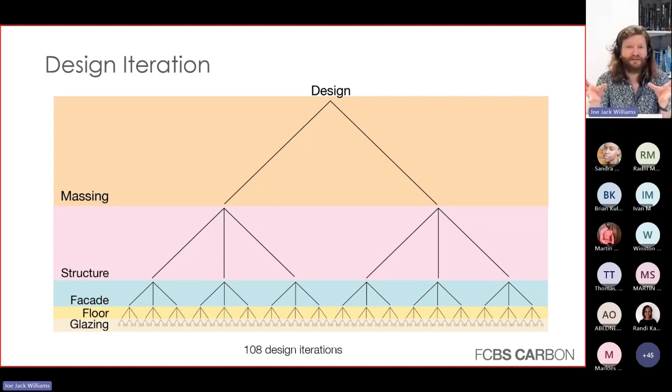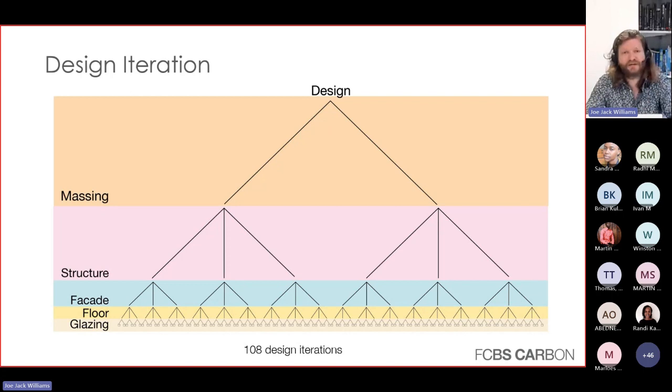Now, that's a lot of iterations. That's a lot of quantities to find. And to give you an idea, on a recent project we had a full BIM Revit model, so a full 3D model. Everything was tagged with the materials. We used One Click LCA, which is an online software, and you can export quantities in. It still took us nearly 6 days to analyze the whole building, and we had an amazing amount of data for it. Maybe we've got a bit quicker, maybe we could do it in 5 days. 108 design iterations would take us 2 years of work just to work out what's the best design, right? It is just too long.